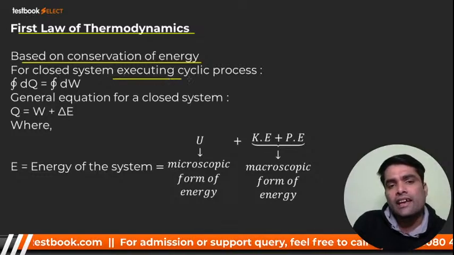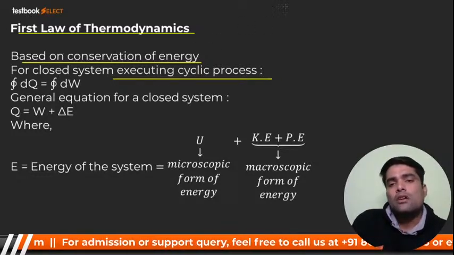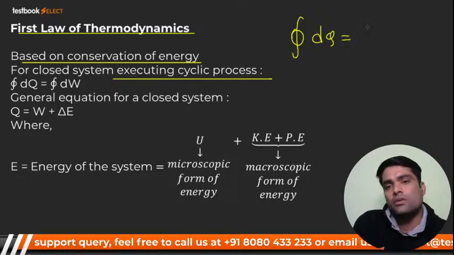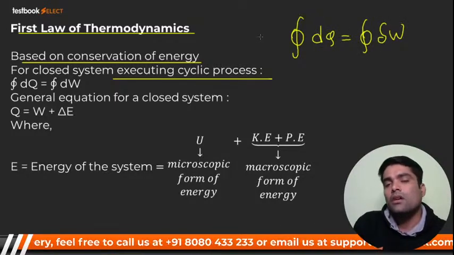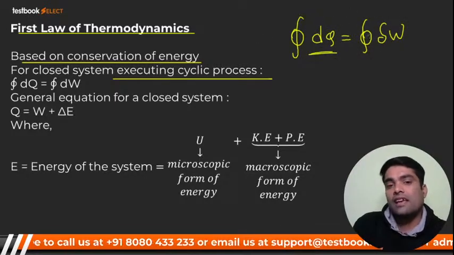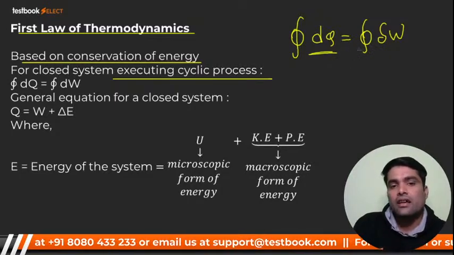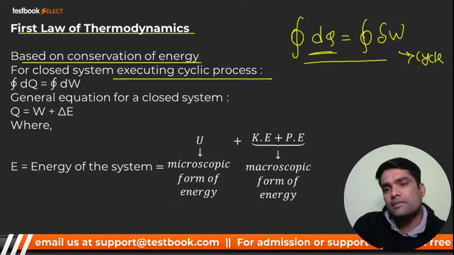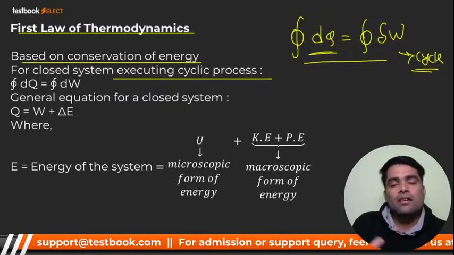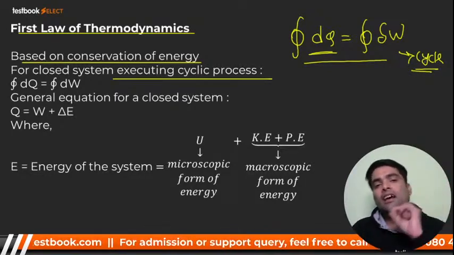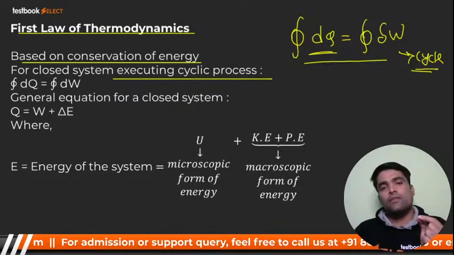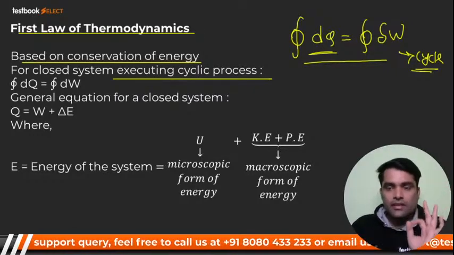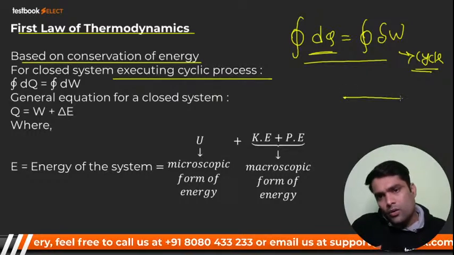सो माय डियर, जब आप साइक्लिक प्रोसेस में लगाएंगे, तो साइक्लिक इंटीग्रेशन ऑफ dq इज इक्वल टू साइक्लिक इंटीग्रेशन ऑफ dw। ओके, ये साइकिल के लिए होगा। आपको साइकिल और प्रोसेस में अंतर क्या होता है, प्रोसेस में जो फाइनल पॉइंट होता है अलग होता है, लेकिन अगर प्रोसेस का इनिशियल और फाइनल पॉइंट सेम हो जाए तो वो साइकिल बन जाती है।